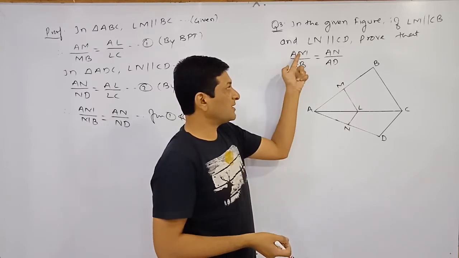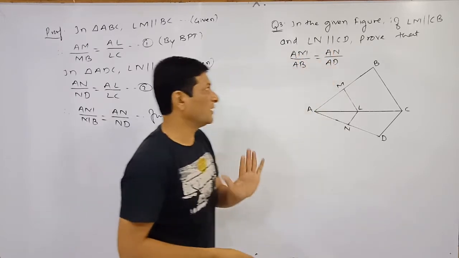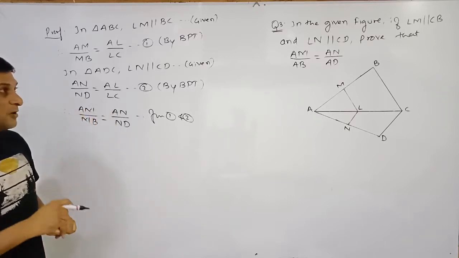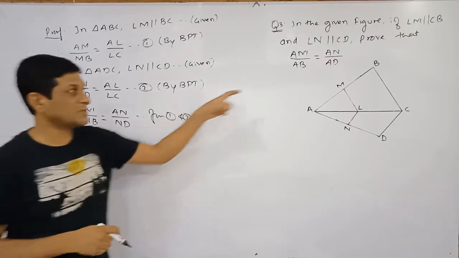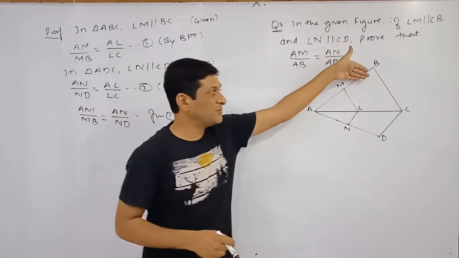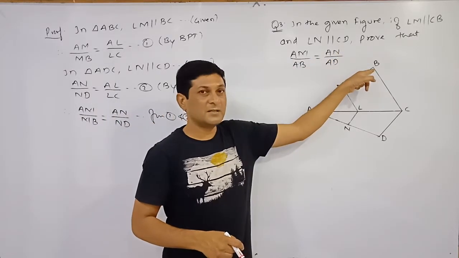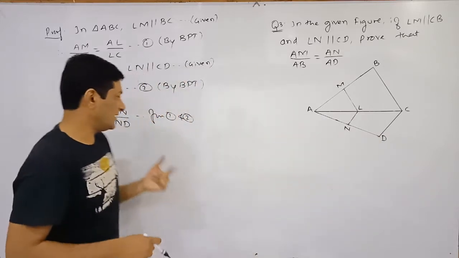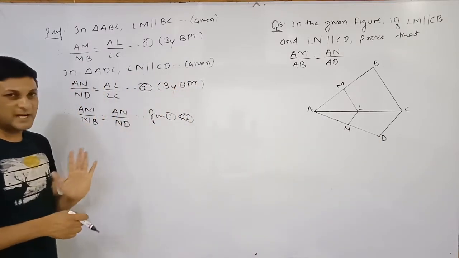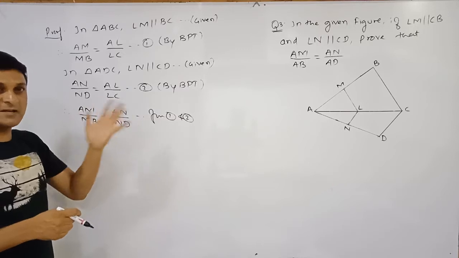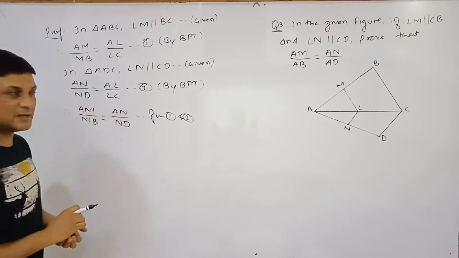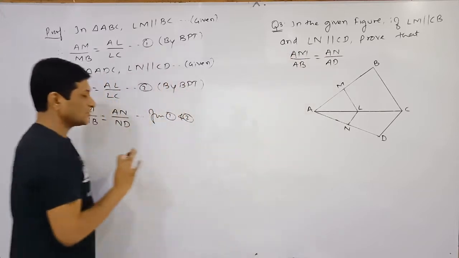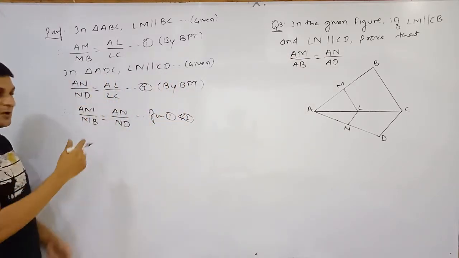In the numerator, we require AM and AN. Already in this result, in the numerator, AM and AN are there. But in the denominator, here we have got MB and ND. What will we require instead of MB? We will require AB. And here we will require AD in the denominator, instead of ND. So to get that required result, try to understand here. We have to make the changes in what? Denominator. So that's why we are taking the reciprocal of this term.